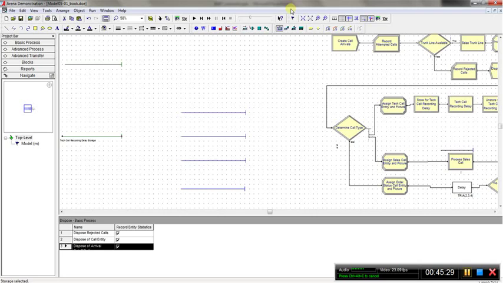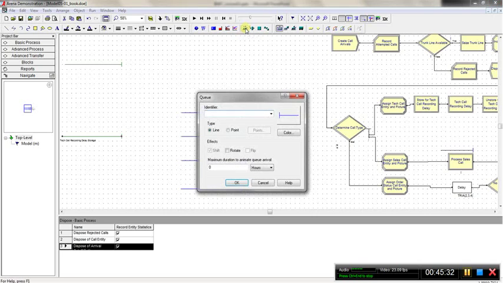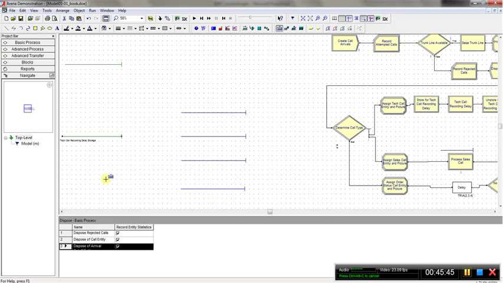Delay storage, and then the third one is, oh, I don't want a queue. I want storage. So I have order status delay storage, and again I'm gonna place it somewhere here, maybe. And that's my order status delay storage. And so the next thing I want to do is also add a few variables and also some resources. So let me go ahead and click on resources,